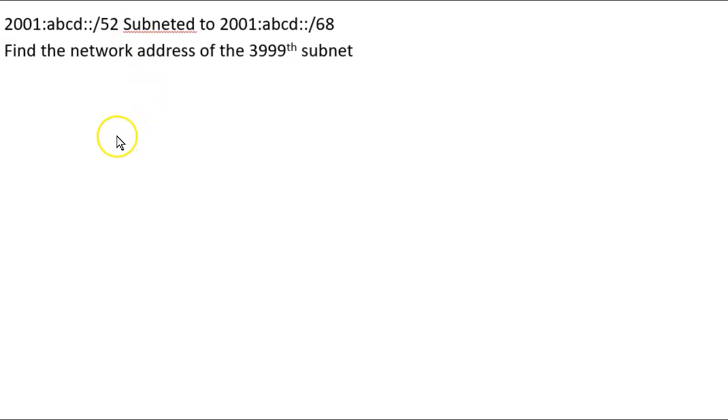So here's how I'm going to begin. I'm actually going to start by just writing out 2001:ABCD:: This is our beginning section, and this of course is all in hexadecimal.